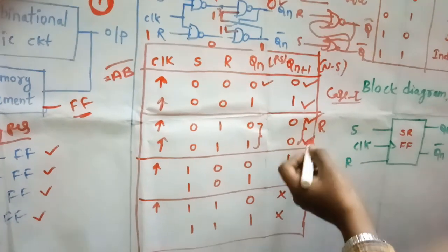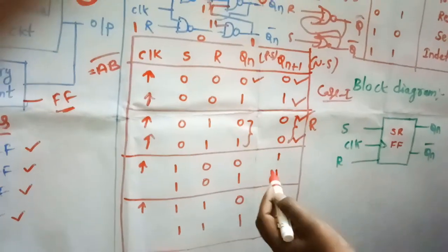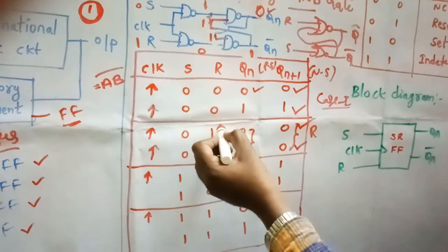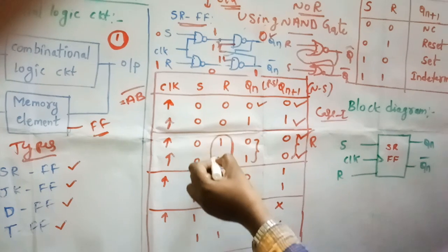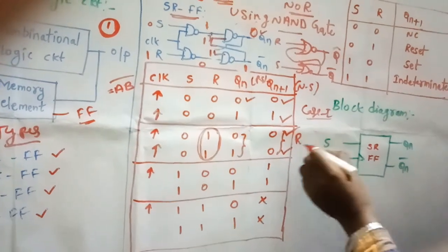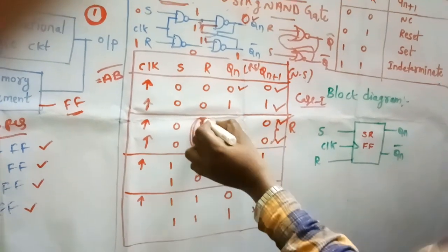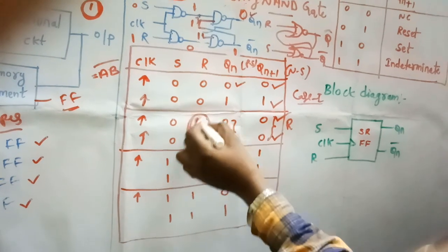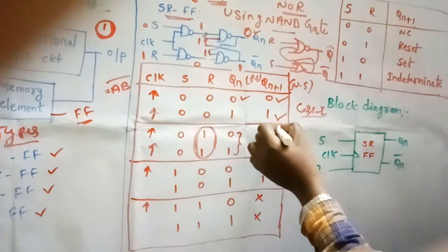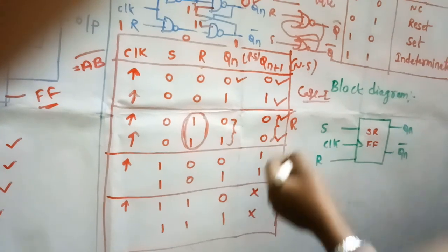That is called reset state. Okay. This is case 2. And another point I want to mention here: when R is equal to 1, the Qn plus 1, the next state, becomes 0, whatever the present state may be. This is the logic you have to remember, one of the major points. If R is equal to 1, R is nothing but reset, that's why Qn plus 1 goes to 0, reset state. Again I will explain in the short table.